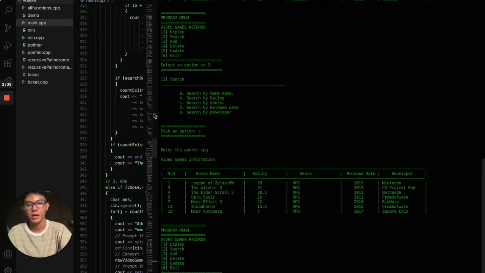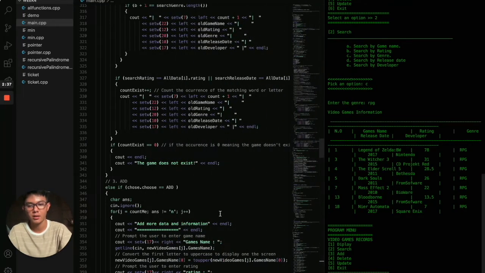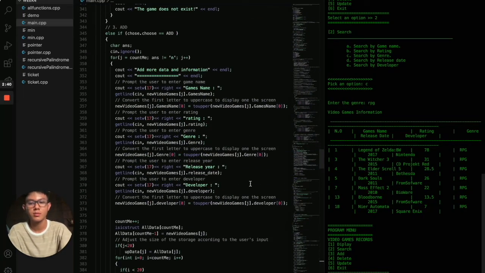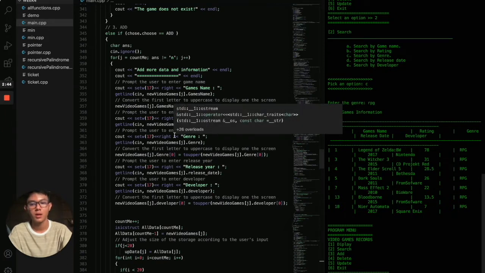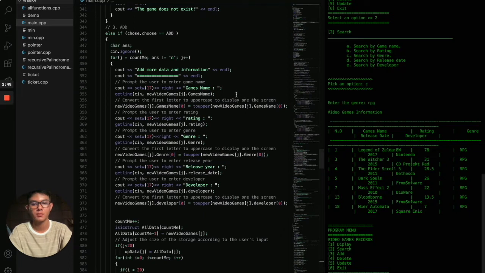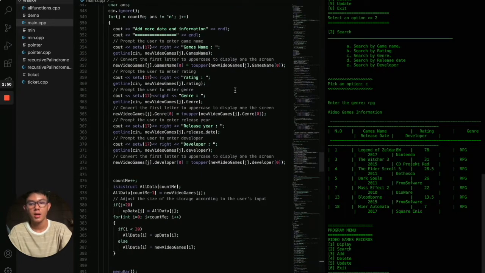For my next function is to add. Add is very simple, and here we are using the while loop to add the data and information, and the getline as well to receive the information. And also we are converting the first letter of the input to be uppercase, because it is grammatically correct that way, because for names and stuff like that, the first letter must be an uppercase